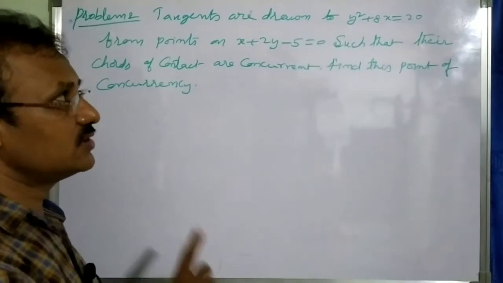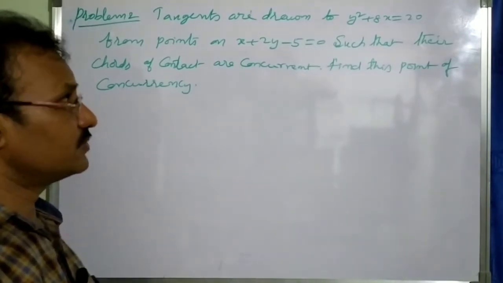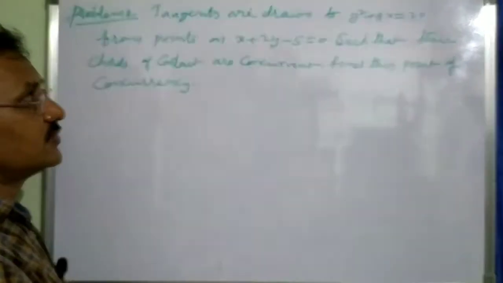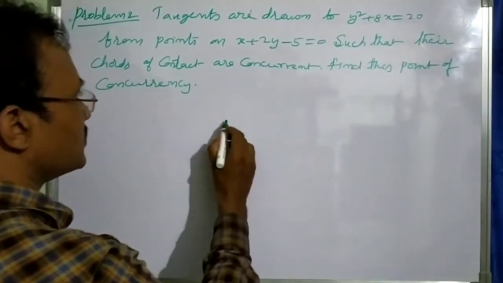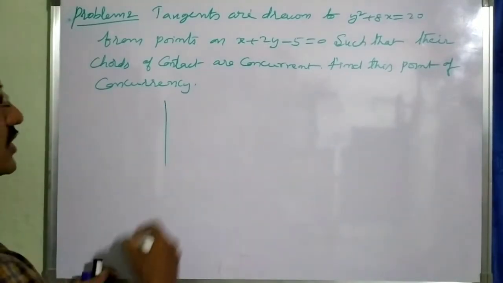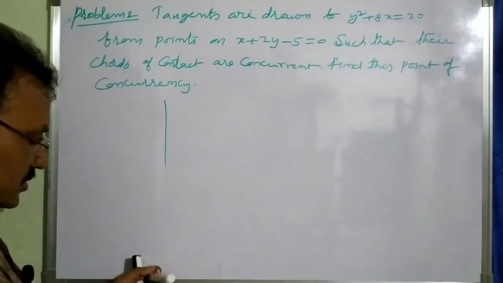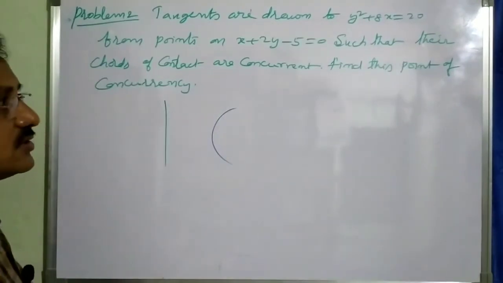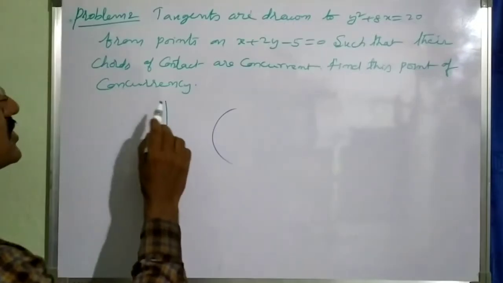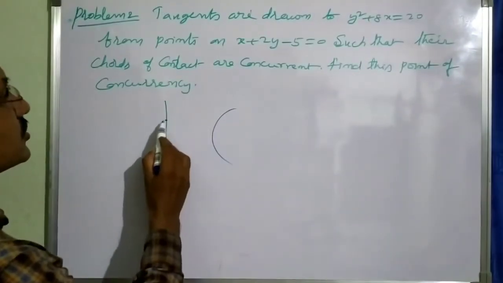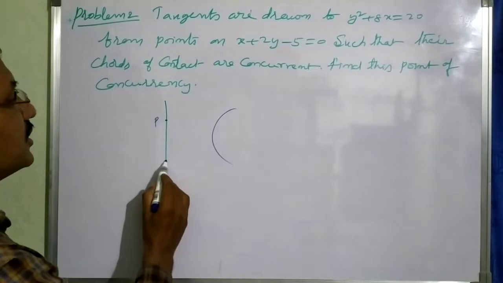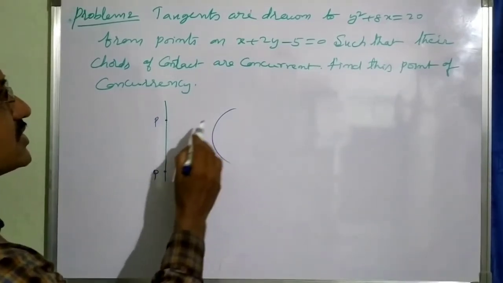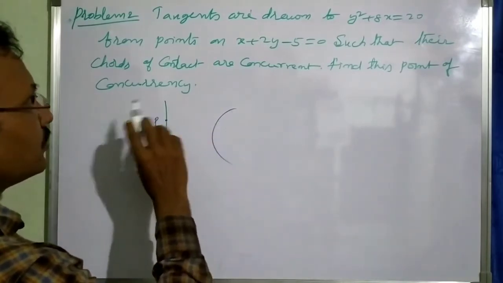A conic is given. To the conic, tangents are drawn from points on the line. A line is given. So given that there is a line and there is a conic, whatever the conic it is, suppose we consider it is a conic. So from this definition, points on the line, let P and Q be 2 points. From the points on the line, tangents are drawn.